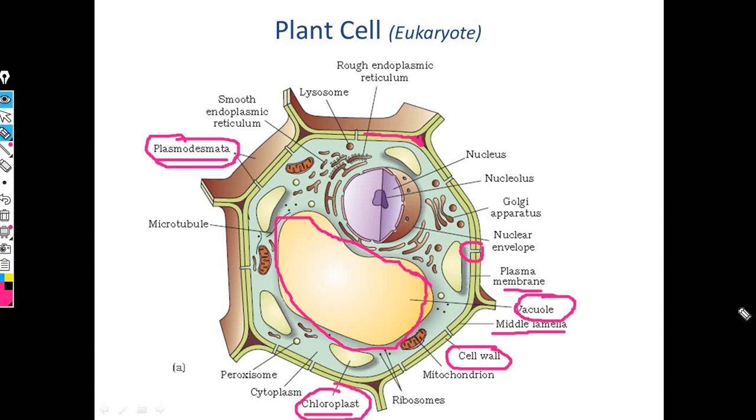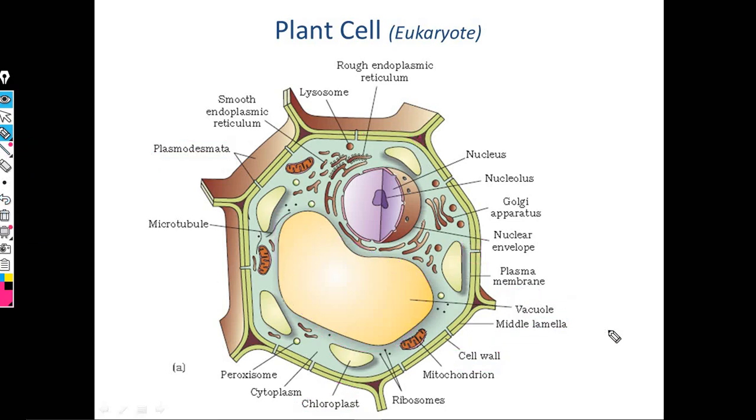Let's check whether you are able to differentiate these two cells from the diagram or not. So that's an exercise for you. I hope it is clear to all of you. Let's check the differences which I have shown here in the form of a plant cell and animal cell difference. So let's check whether you are able to remember all these names or not. Can you name this structure? Yes, it is plasmodesmata. Very good.